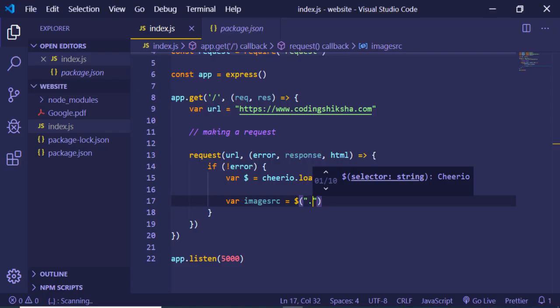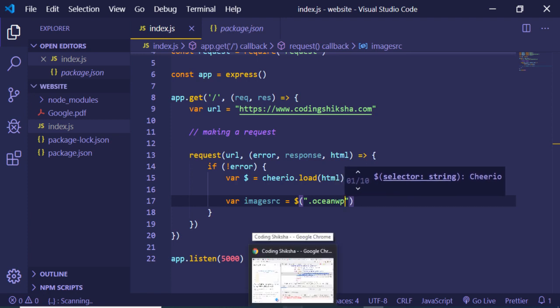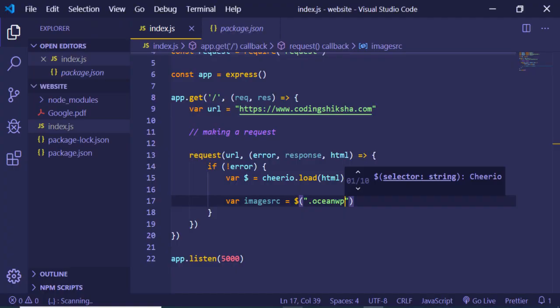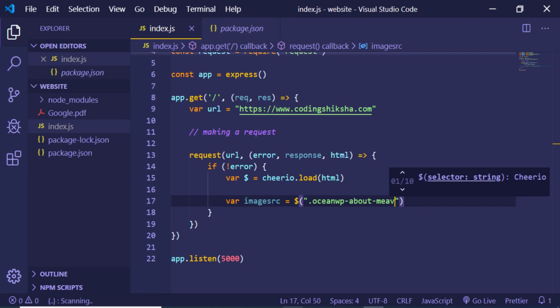oceanwp. The dot is there for the class, guys. As you have known in jQuery selectors, jQuery selectors are very much similar in Cheerio also. This is oceanwp-about-me, and after that this is avatar,